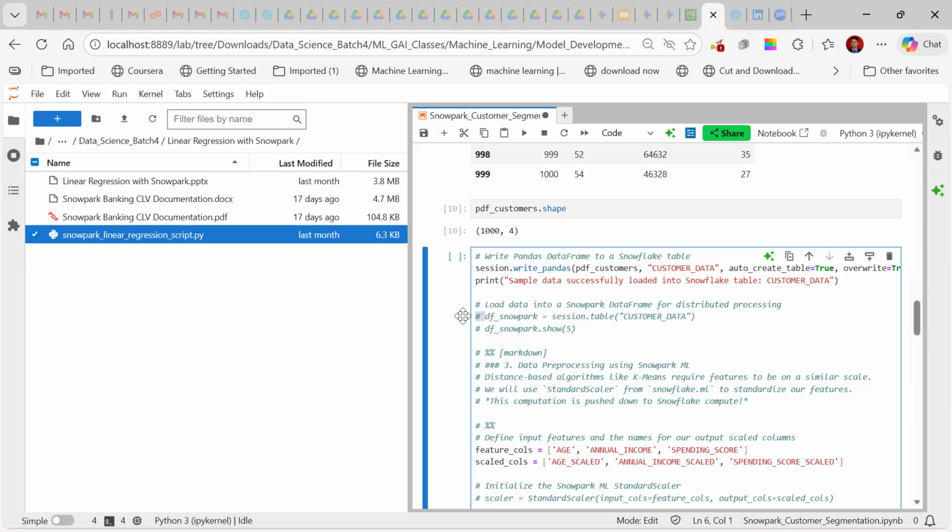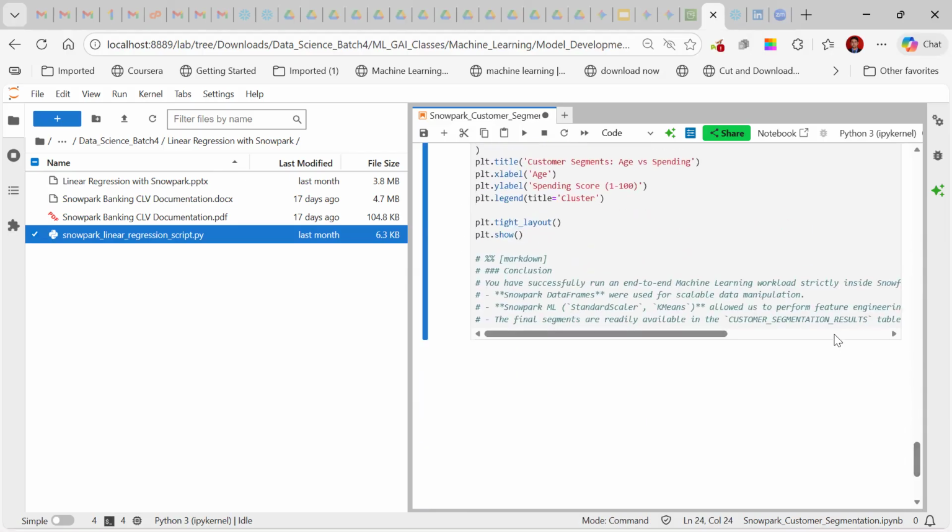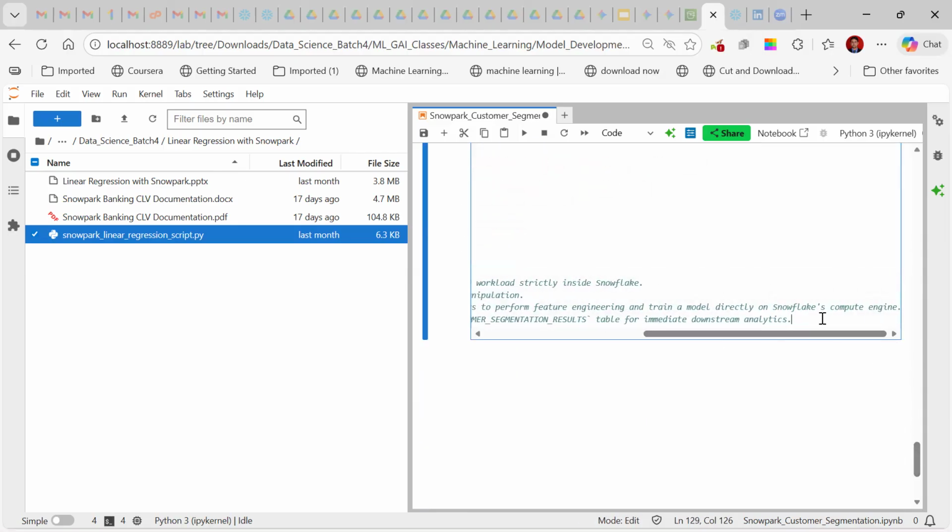If you observe here, my data I am just creating as a table, customer data. Are you getting it, both of you? Whatever the data frame pdf customers, I am creating as a table in Snowflake. Yeah, your session table. Customer session data table is going to be created as a table. So let us try to do that.